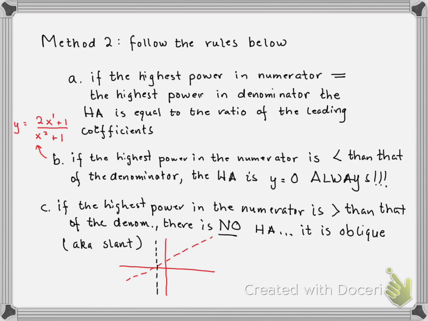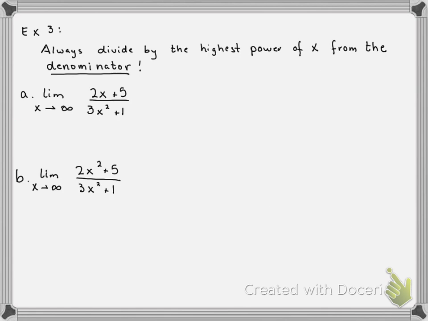And the way that the graph looks is just like that, and just like that. So that type of situation exists when the highest power in the numerator is higher than that of the denominator. Now, looking at example 3, we are going to use the long division method, not long division, but